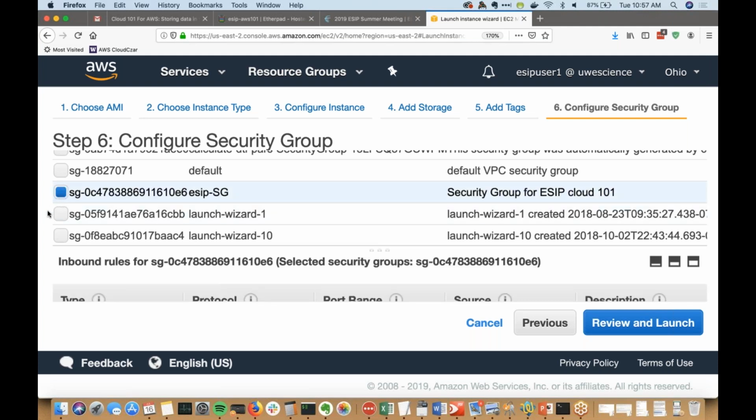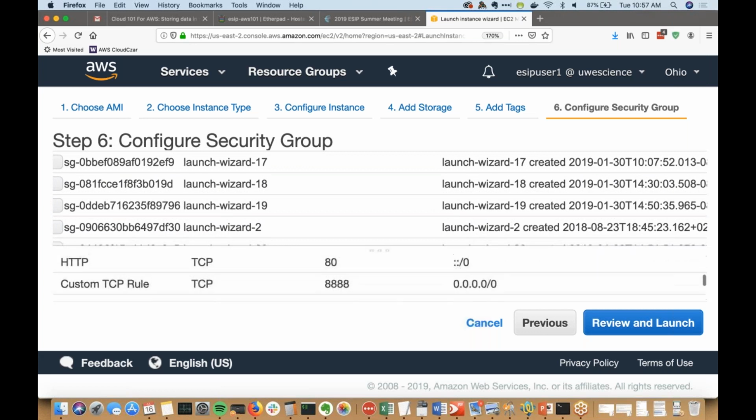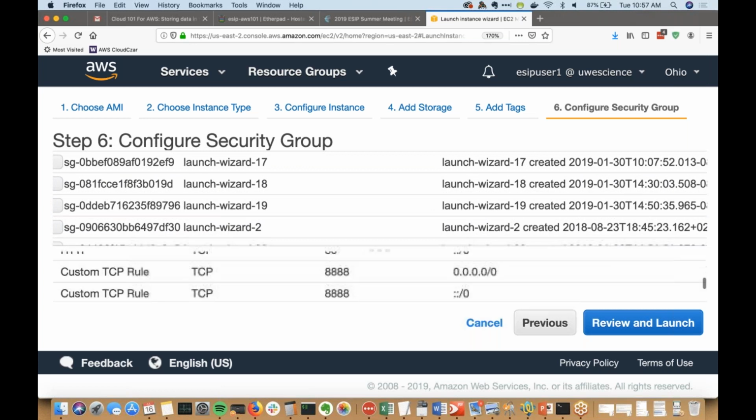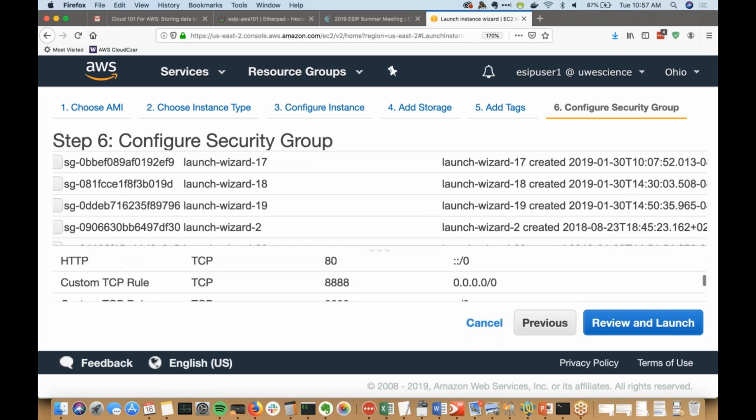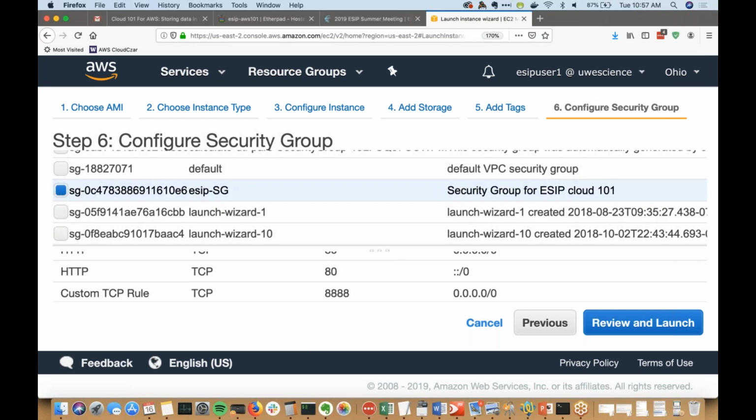And you click on it. You should see that in the rules, again, a lot of the same ports are open. It's called ESIP-SG. Great. Okay, moving on. And if you're past that,